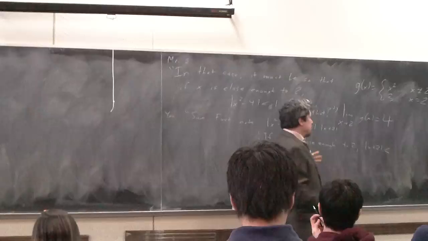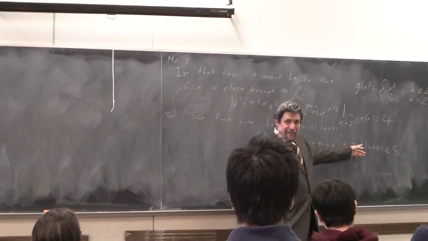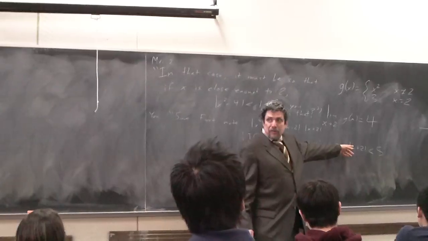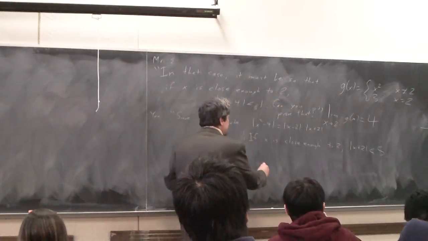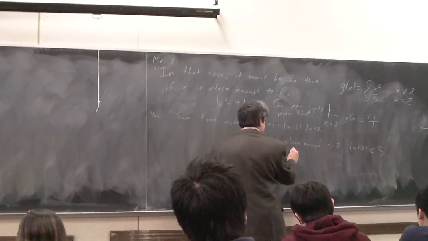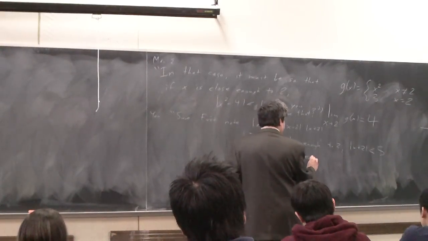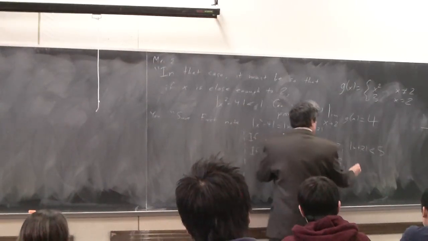Remember the trick? If x equals 2, it's 4, right? If x is close enough to 2, it's at most 5, right? Okay. And then if x is close enough to 2, the other factor